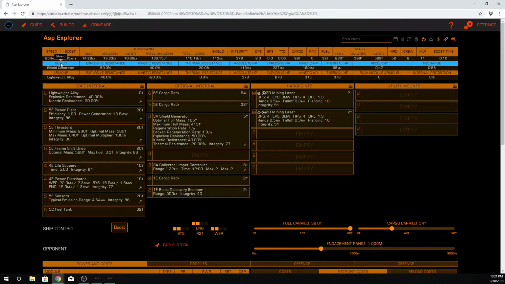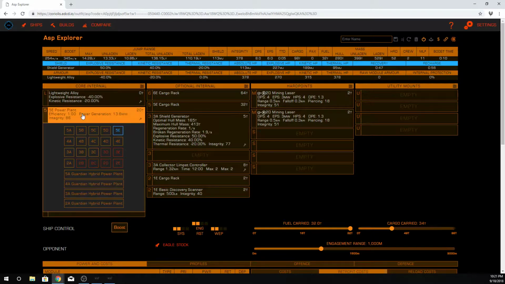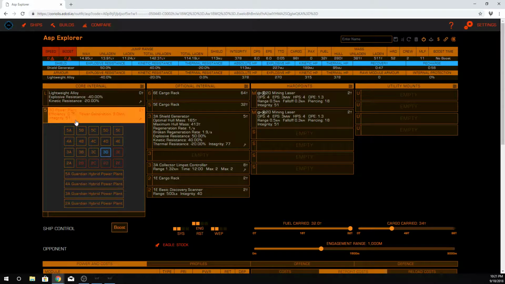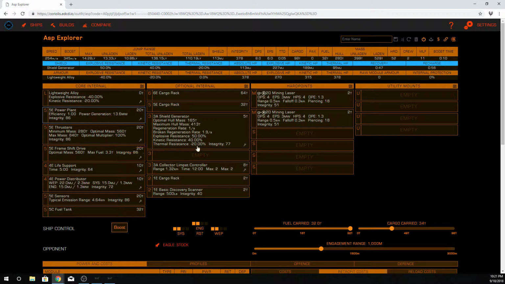Okay, so we're still good up here as far as the amount of power that we have. For example, if we go to a 3D power plant, it will turn red on us like this. So, okay, so we got,